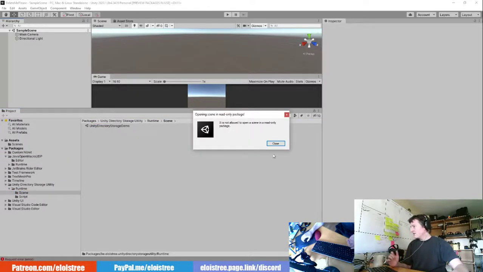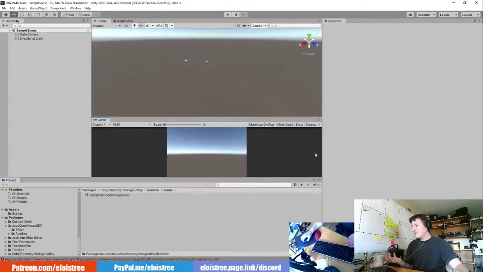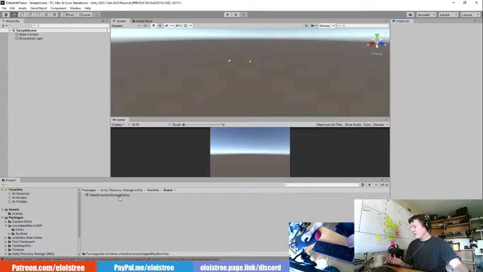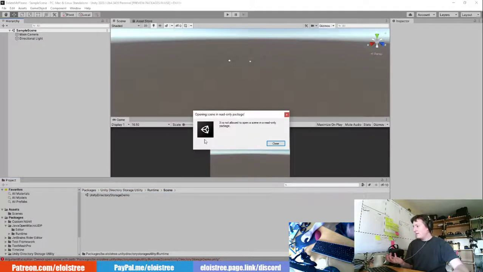If I want to open a scene, for example, I want to try this code, as you can see, it will not work. Why? It's because the package manager works in a read-only way. So it means that you cannot modify at all the code of people that are giving you the code. Sorry, of mine here.